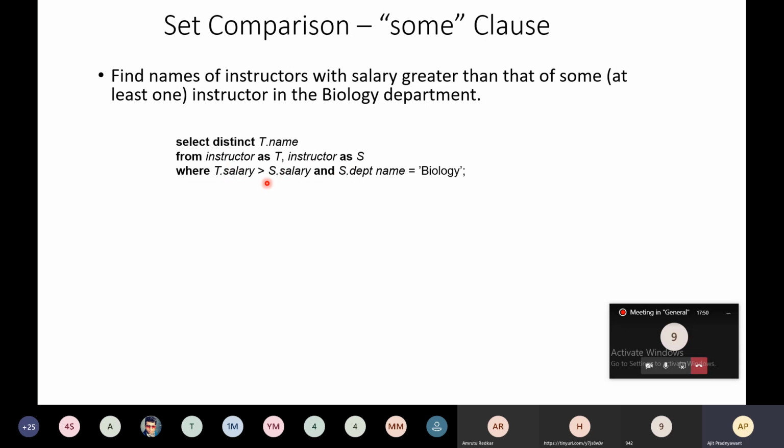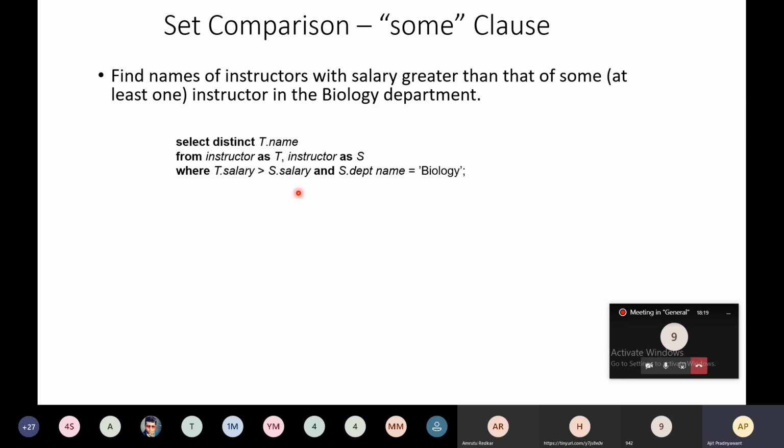T dot salary is greater than S dot salary. And one condition mentioned in this query is that the salary is greater than that of the instructors present in the biology department. So we have added this AND operator over here, and S dot department name is equal to biology.